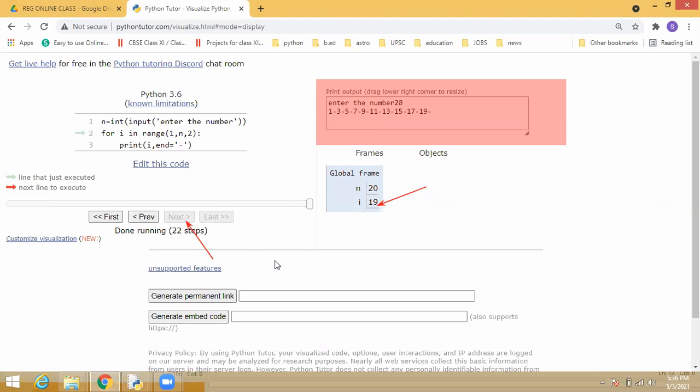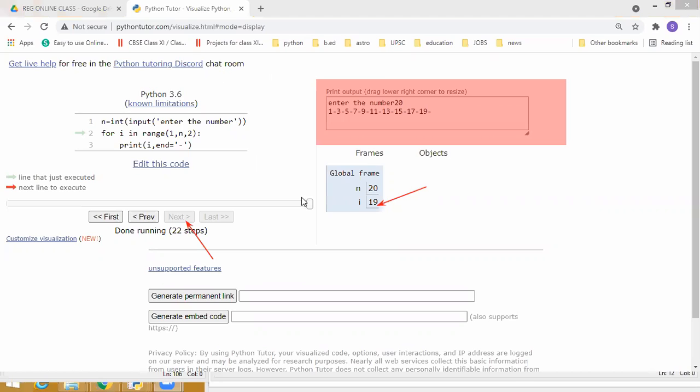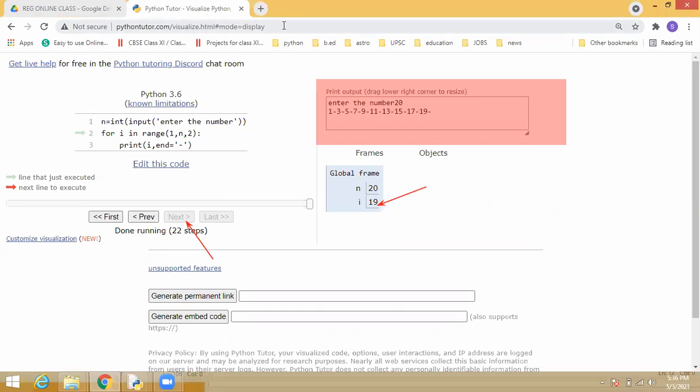Students, understood? That is why I'm telling everyone to use this tutor website. Then you can understand each and every line of the program. If there is any doubt, you can understand, right? Students, I already shared it with you many times. So once again, I send it to you.